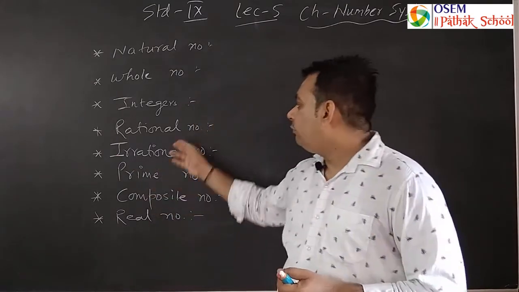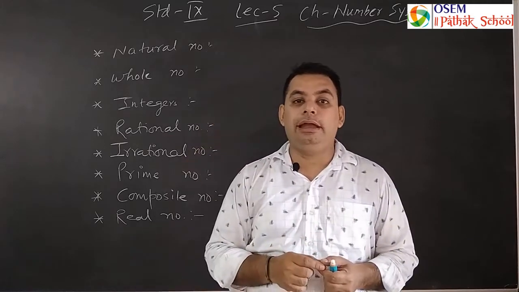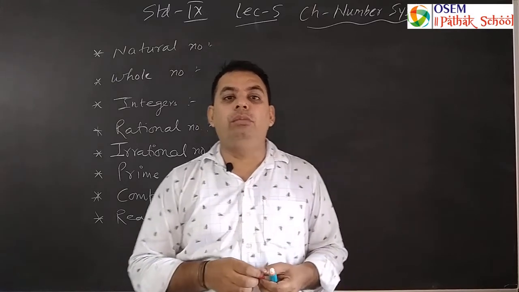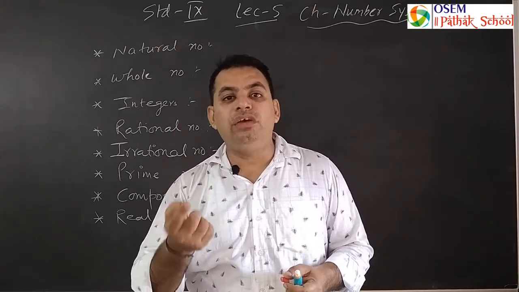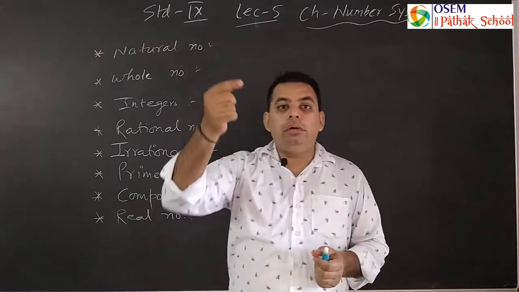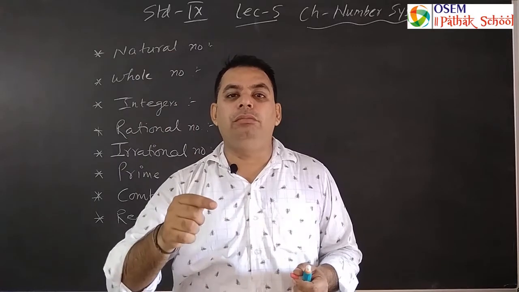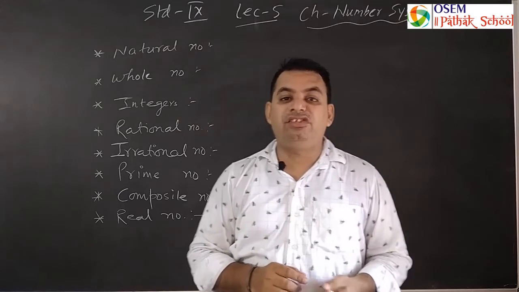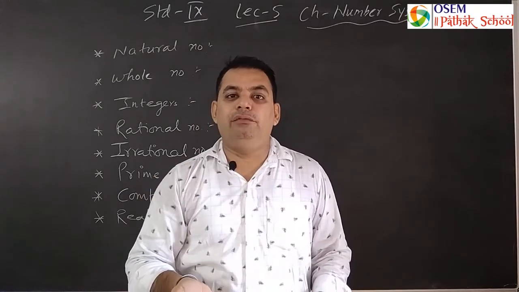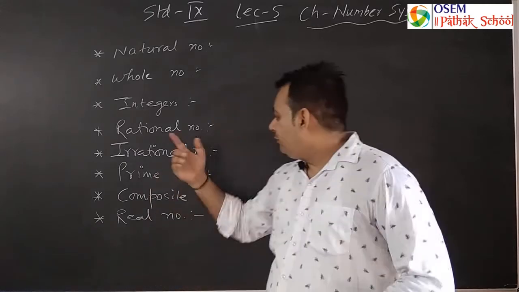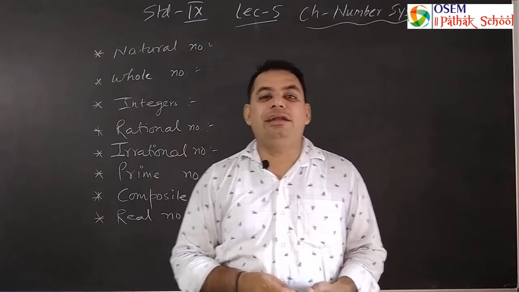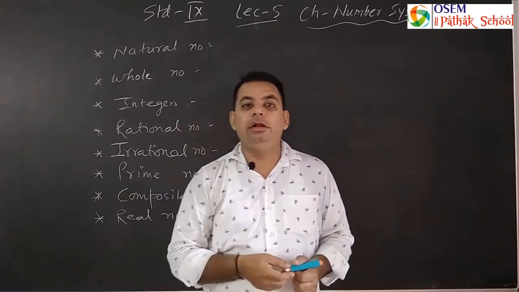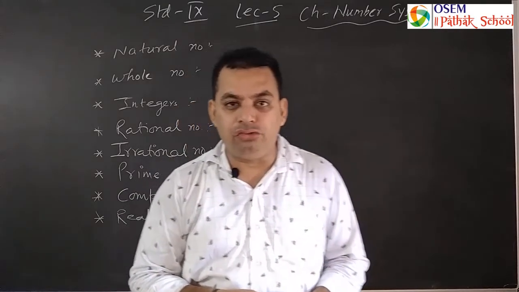Then what about the rational number? This is a topic that you have to study in standard 9, this chapter. What are rational numbers? Rational numbers are the numbers which are in the form of p by q, where q is not equal to 0. That means they will be in fraction form and the denominator should not be 0, then only it becomes a rational number. So the inverse of rational numbers becomes irrational. So what are irrational numbers? Irrational numbers are the numbers which are not in the form of p by q. Those which are not in the form of p by q, our answer will be irrational number.